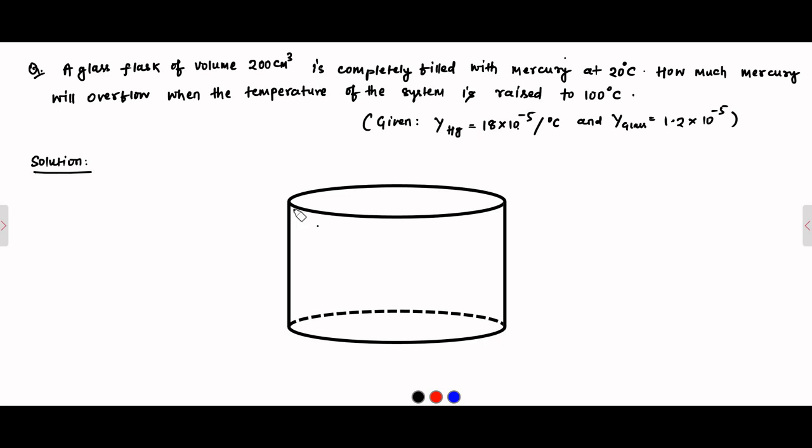So here is another question on thermal expansion. It is given that a glass flask of volume 200 centimeter cube is completely filled with mercury at 20 degrees Celsius. How much mercury will overflow from the flask when the temperature of the system is raised to 100 degrees Celsius? Okay, so let's say this is the glass flask,